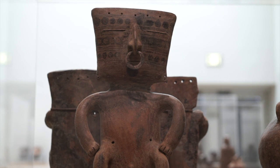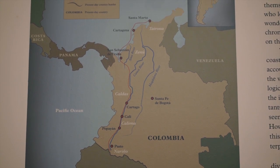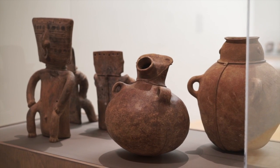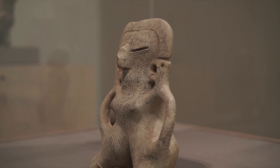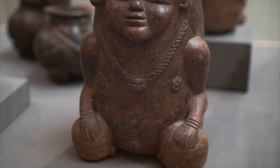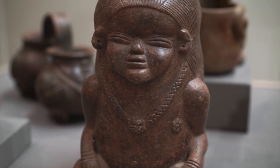There is no writing in South America from before the Spaniards arrived, which is one of the reasons why for this exhibition I ended up turning to the historical documents that the Spaniards wrote when they first got there in the 16th century. There are definitely Spanish accounts that confirm a lot of the things that we see in the objects. So for example, the Spaniards describe the clothing of the people in Colombia. Beautiful skirts, beautiful painted textiles, mantles and sashes, and then of course gold jewellery, gold headdresses and pectorals and really